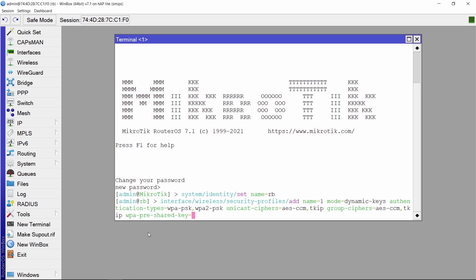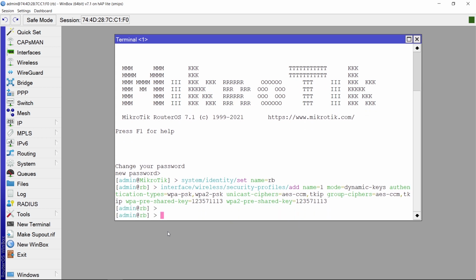Next, WPA pre-shared key is the password of the Wi-Fi, which is 123571113. Next, WPA2 pre-shared key, same as WPA pre-shared key, which is 123571113. Then click enter.